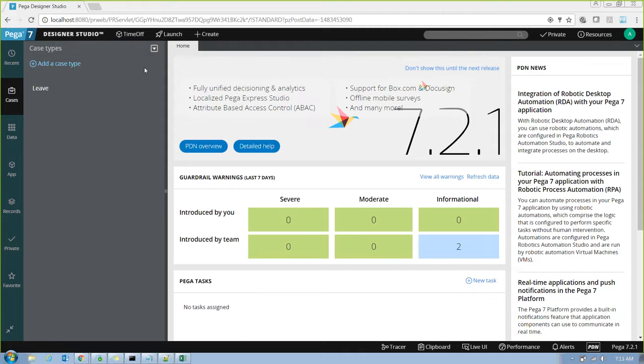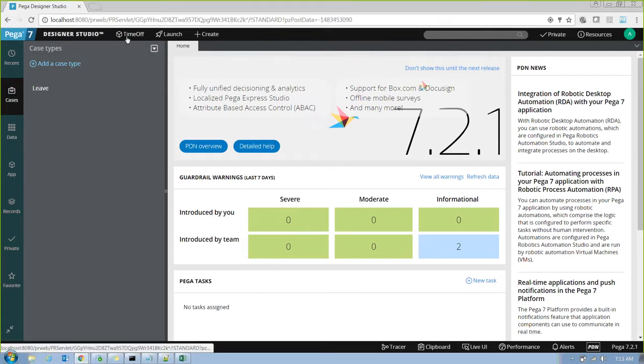Okay. So you see this is a new application. On the top left, you see this application menu, right? You see a name over there as Time-Off. So this indicates my application name is Time-Off. Whenever you look at somebody's application, you should look at the top left to know their application name. So my application name is Time-Off.